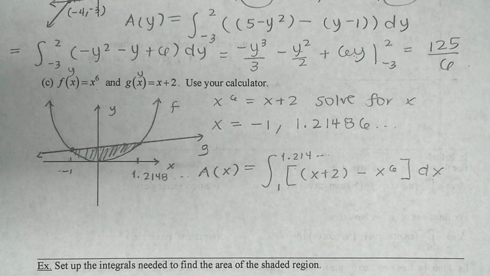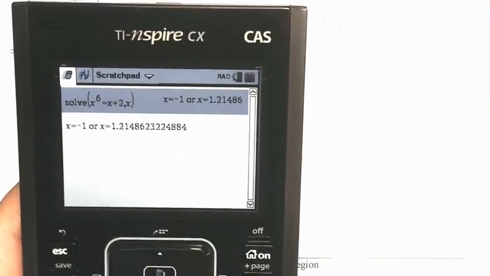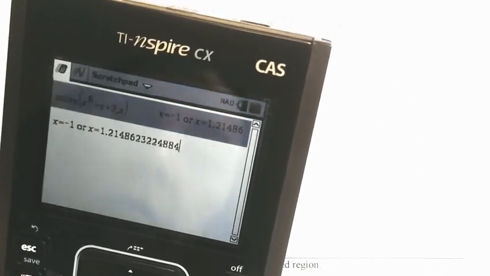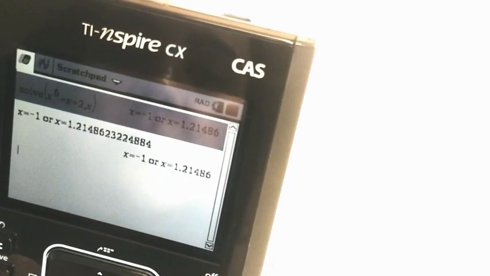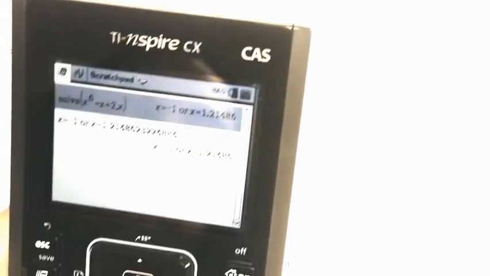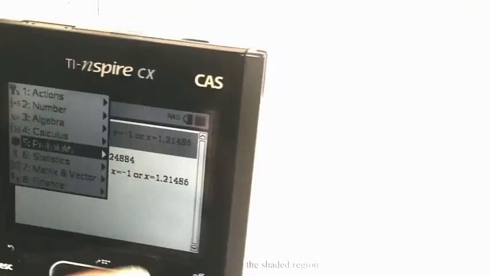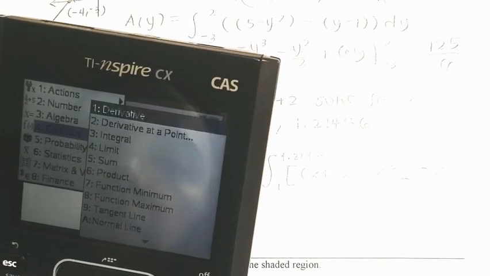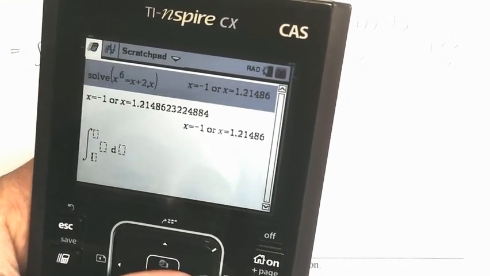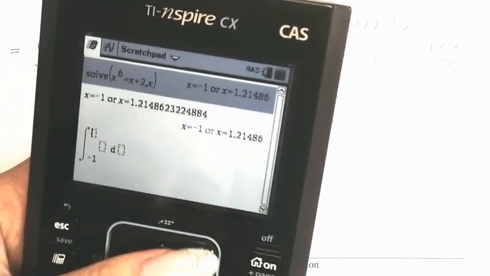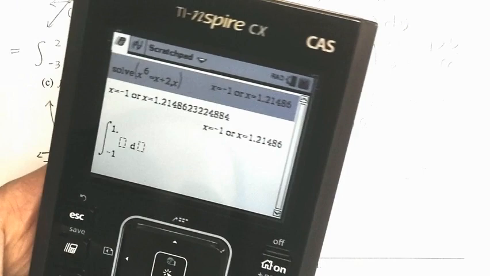To do that, I would just copy all of this. You can copy all of that into your calculator. Then I would go to menu, and you can go to calculus. Remember, then you go to integral. And then I would put the negative 1 here, and over here you have the upper limit,